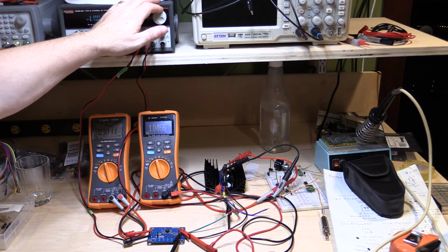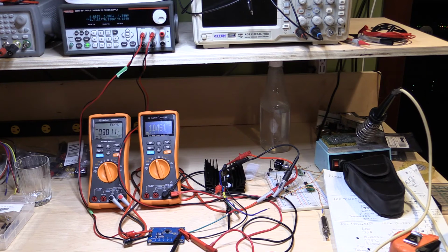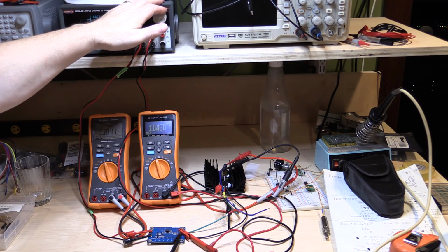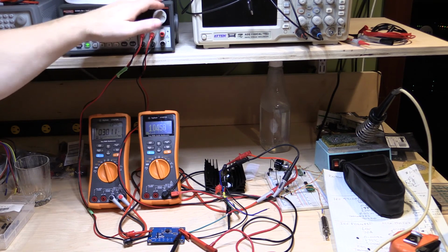Now if we back this down to 6 volts on the input, so we're getting close to that minimum, which it said was 4.7 volts for this. So we've still got 1.046, so we're still way under 1% deviation on the output voltage here. It's 1.04 all the time, so we've barely shifted 0.2% or something like that. I don't have to do the math, but you can see for yourself it's very, very little. The current is staying at 3.01, so that's barely deviated by anything, which in a DC load it shouldn't be changing. I'm now down to 5 volts,